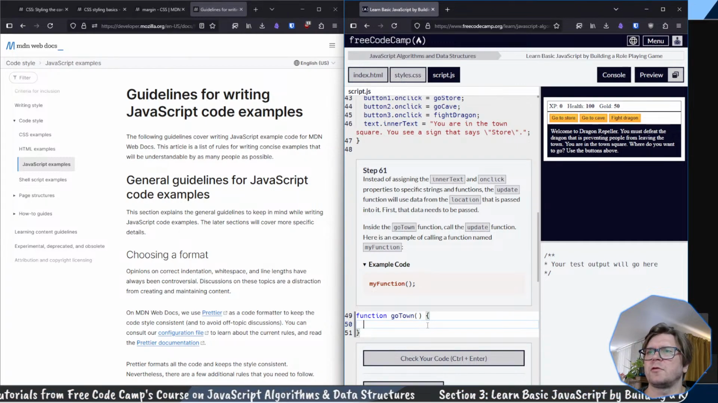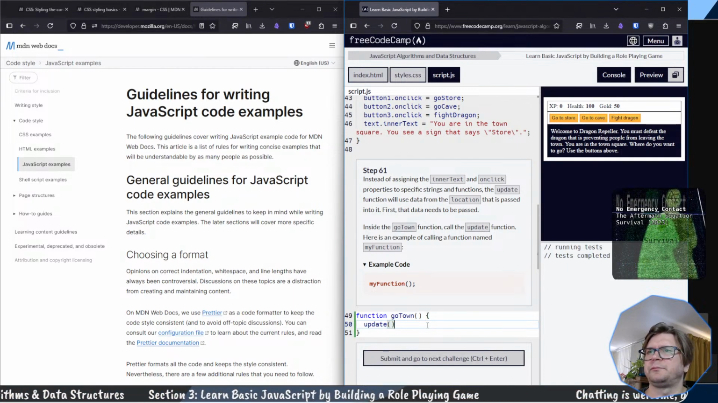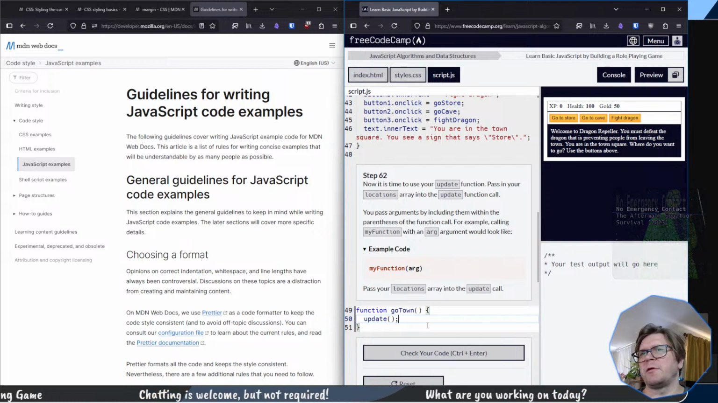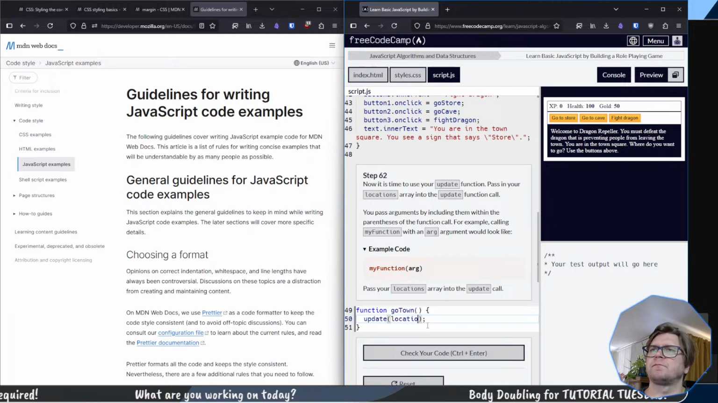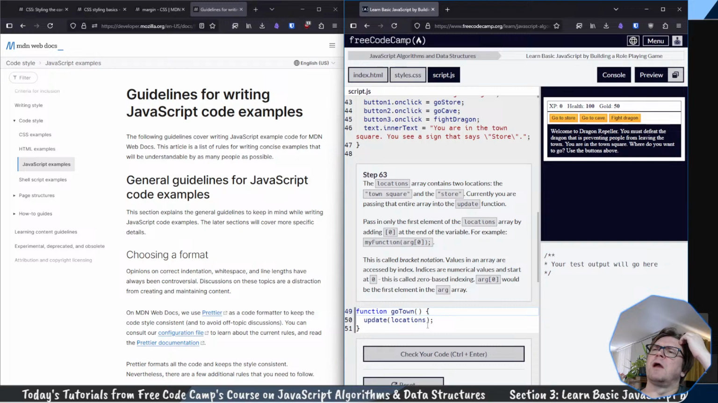Let's see. So we just want to call the update function. Yeah, that's all we want to do there. Like, I get all that, right? Okay, so use your update function to pass in the locations array into the update function call. That's it? Okay. Yeah. The locations array